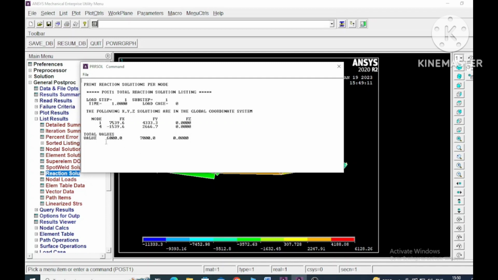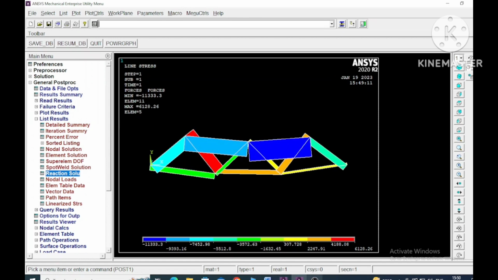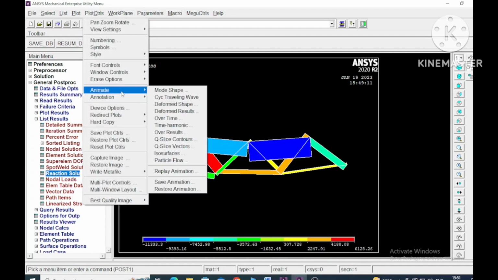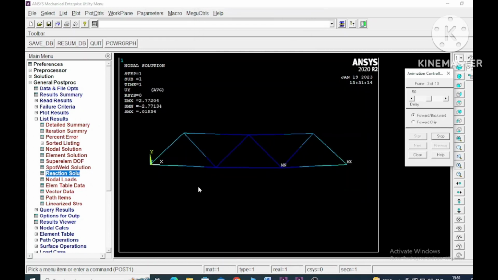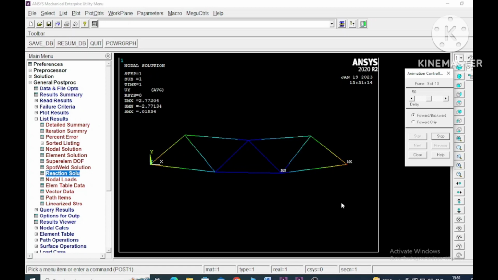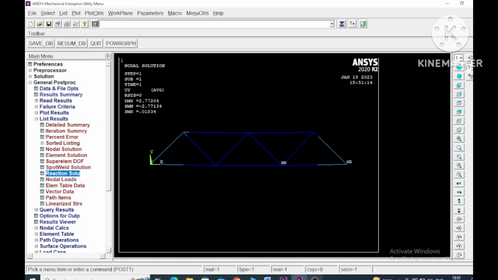Okay, in this way you can find out the deformations, stresses, forces, and view the list results option. By using the list results option, you can also observe each and every node how it gets deformed against the loading conditions. You can also see the reaction forces, and you can also observe the animated view of the figure how the deformation takes place in the entire truss member against the applied loading conditions. Okay, you can see the animation figure how the deformation